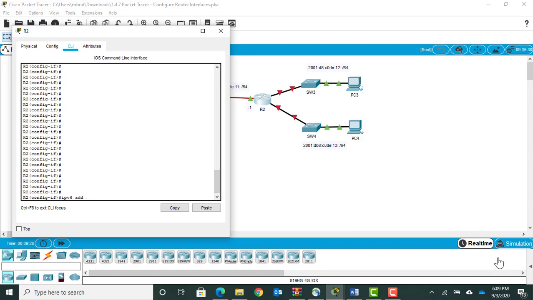And in this case, G0/0 is 2001 colon DB8. Oh, did I do it right? Yep, colon. And then it's C0DE colon 12 colon colon 1/64. Now, if I were to explain that to you, these first four numbers right here, these we call